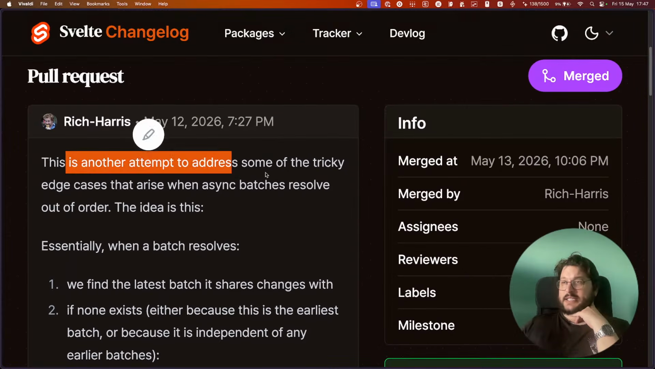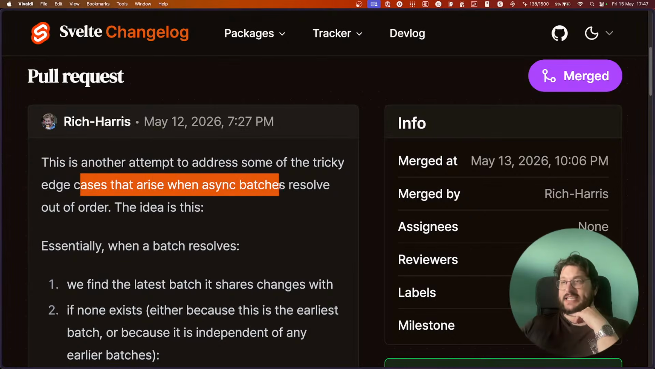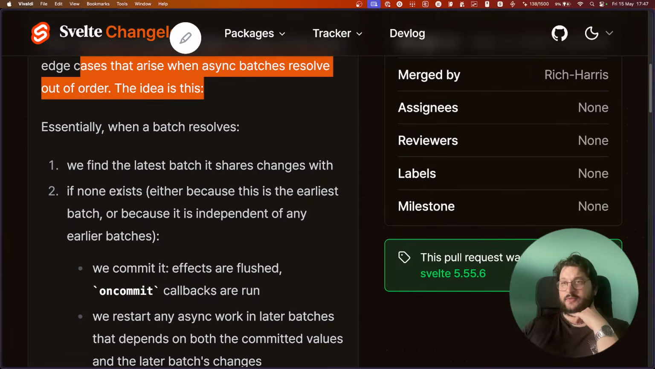This is another attempt to address some of the tricky edge cases that arise when async batches resolve out of order. The idea is this. Essentially, when a batch resolves, we find the latest...